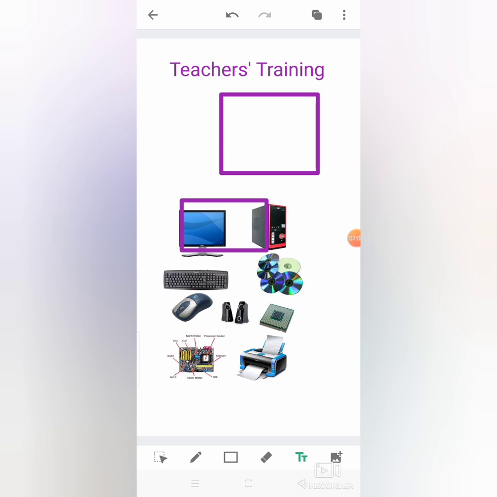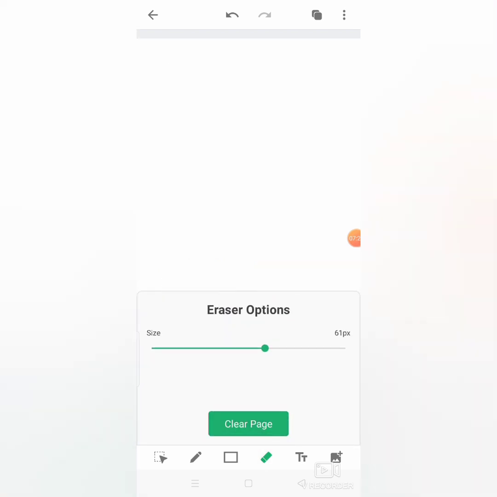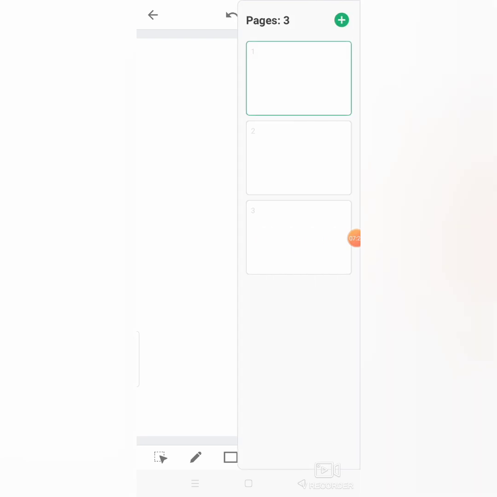Okay, next we will see how to create, or how to gather, our material to teach students online before starting to record your lecture. Firstly, we have to create our lecture. I will clear this page, and I will add some pages, as I have 3 pages. If you need more pages, you can click on the plus symbol, it will add the pages. Currently I am on page number 1.